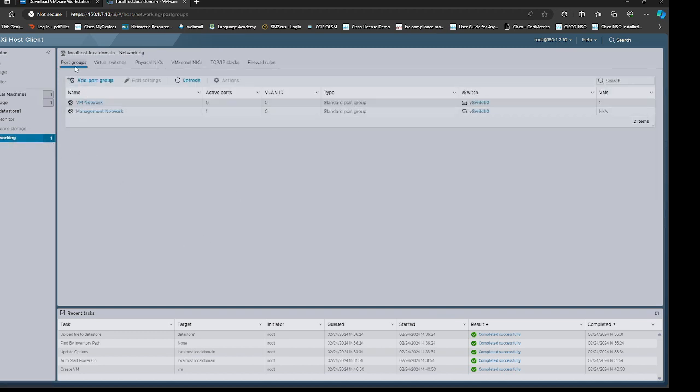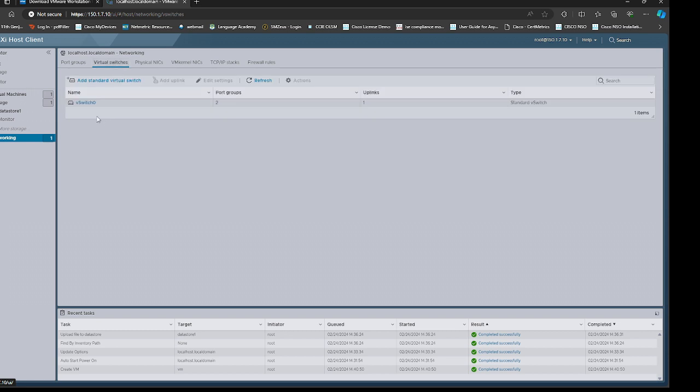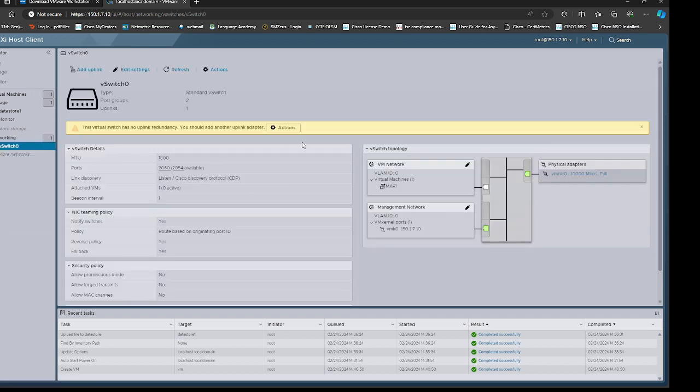Now coming to the networking. In the networking, you have port groups, switches. Let's go to the switch. Virtual switch is connected. And you see that in the virtual switch, there is one uplink connected by default, which is management. And there is one management VM kernel port which I have given an IP address to. And you see that there is one VM network default port group, and in that one port group, the virtual machine is connected, that is MikroTik router.